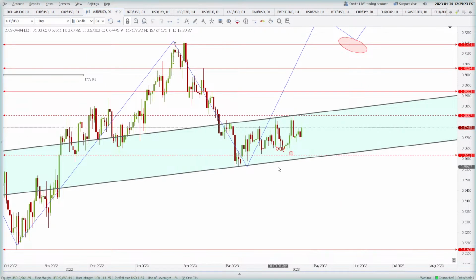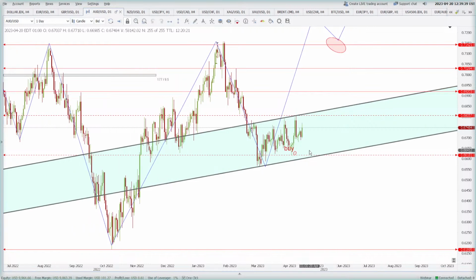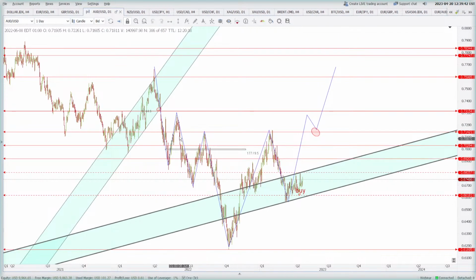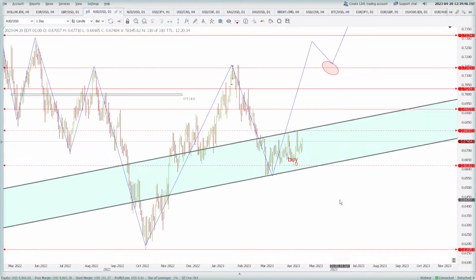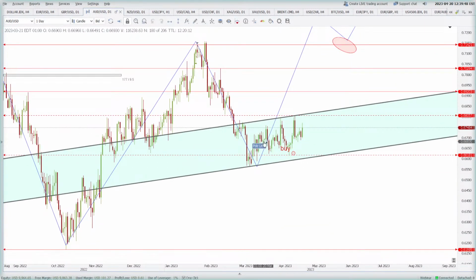Okay, Australian dollar, nothing much. This is the daily chart, and the price needs to go higher than 0.6805 for us to turn bullish, and below 0.66182 for us to get bearish. So these are the key levels of inflection for the Australian dollar. My bias is bullish here, because we want this inverse head and shoulders to get completed, and to get that completed, I think the price needs to break above 0.6805.